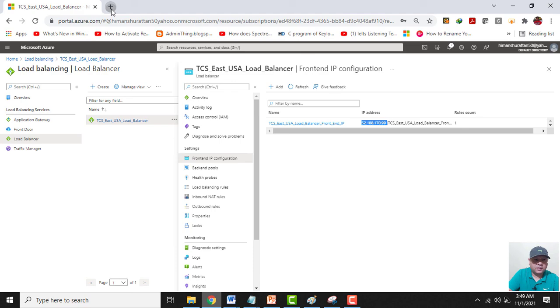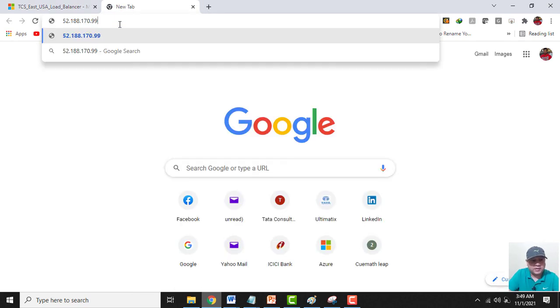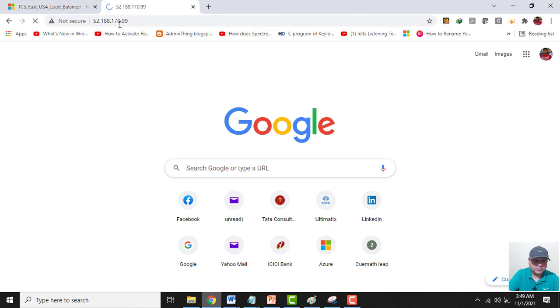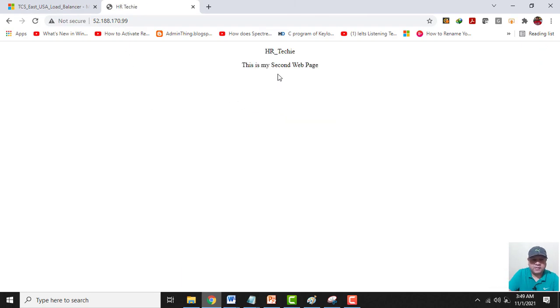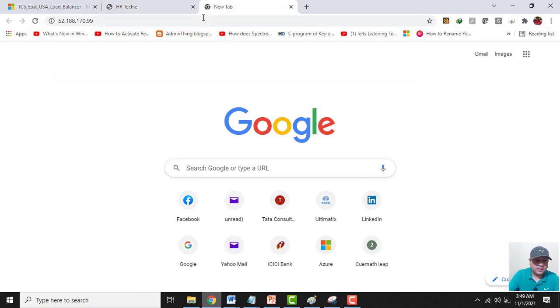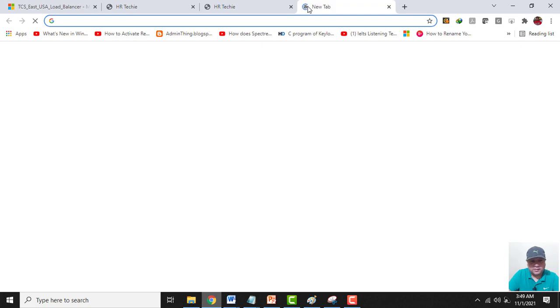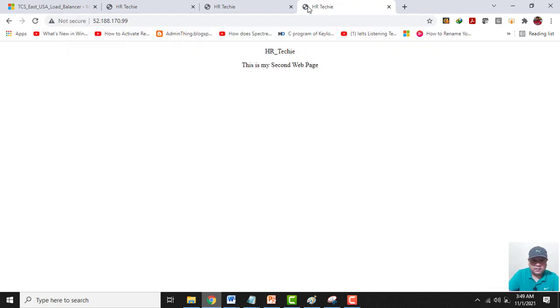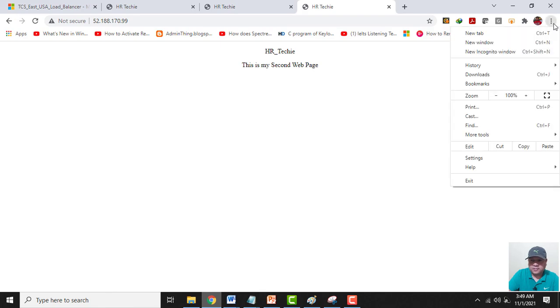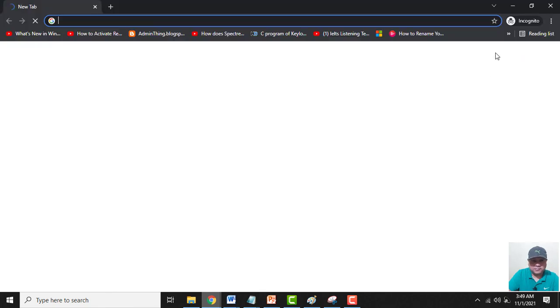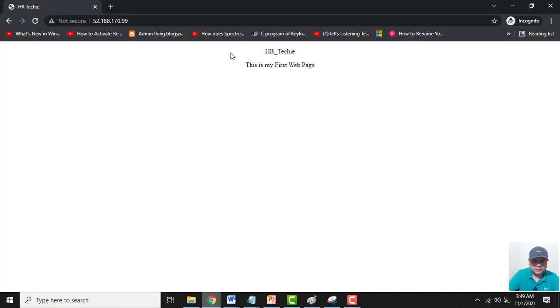Let me copy it. Let me paste it over here and let's see what happens. So it has directed the web page to the second web server. Let me try opening it once again. Alright, when I try to access this web page through incognito, the load balancer has forwarded my web request to web server 1.